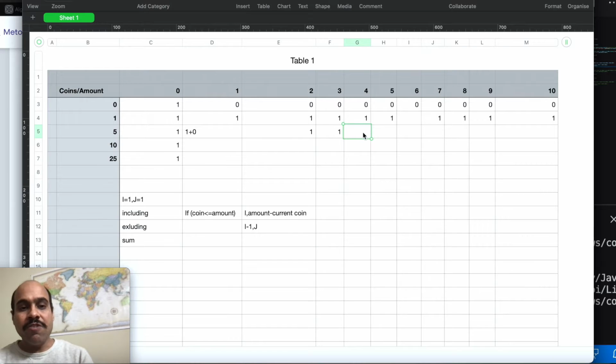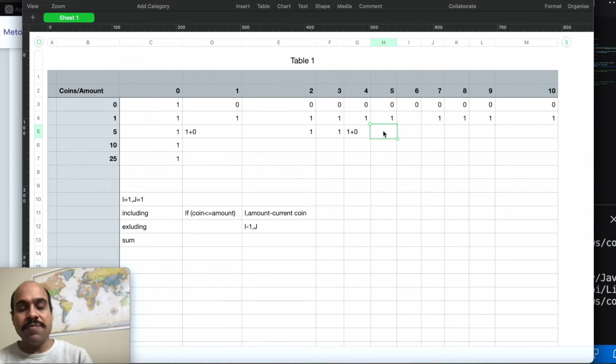Same way I will come here, and it will be 1, it will be 1, and let's fill this one here. So how many ways are there to make amount 4 excluding 5? So I can simply go at the top, because already we have solved this sub problem, how many ways are there to make 4 without having 5, because you remember we are going from bottom to top. So at this position anyway we have not considered coin 5, so we can simply take 1. And how many ways are there to include 5 in this solution? So how many ways are there to make 4 taking coin 5? Again, 5 is greater than 4, so I cannot use a 5 coin to make amount 4, so it will be 0.